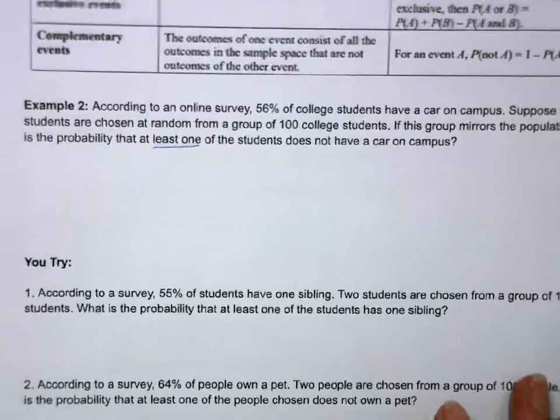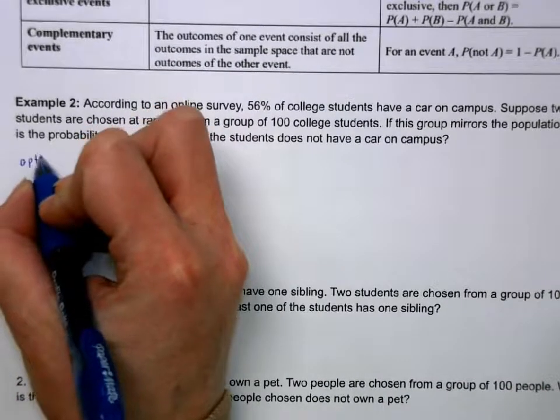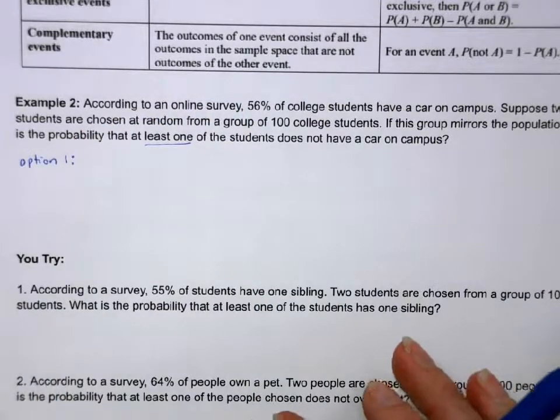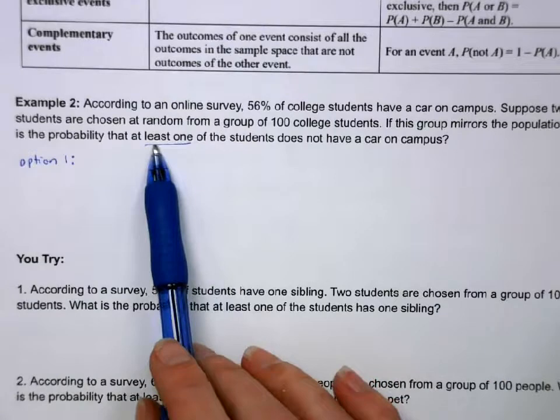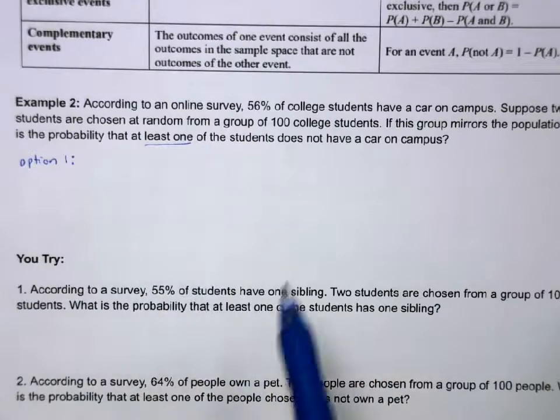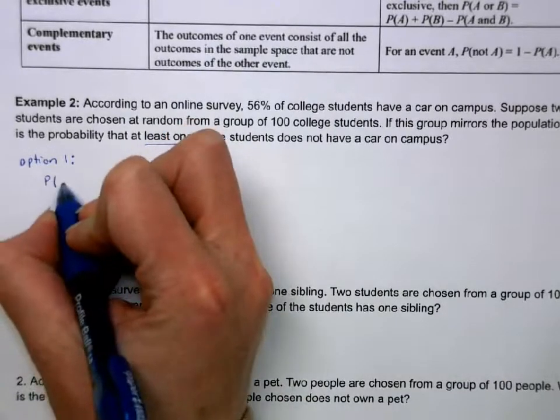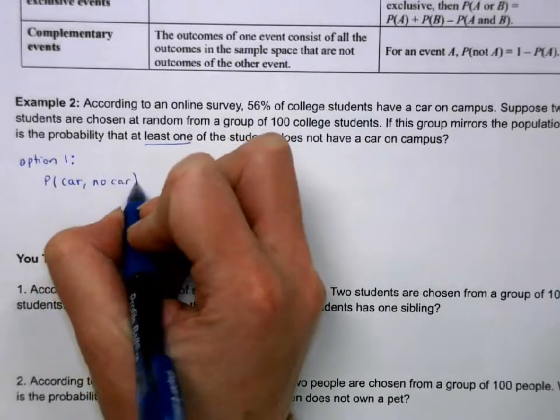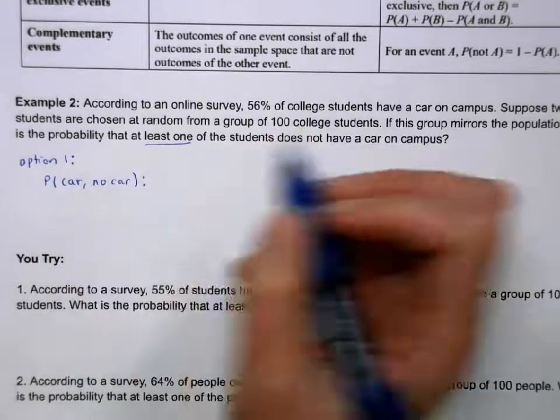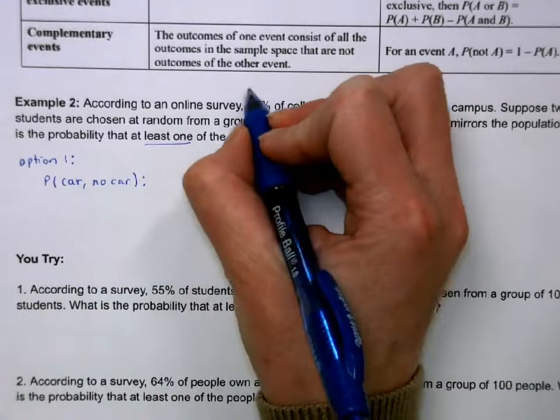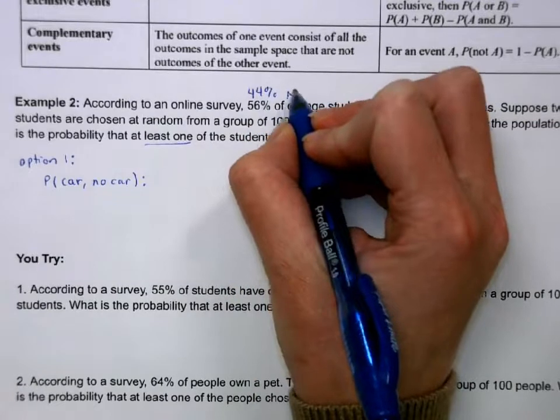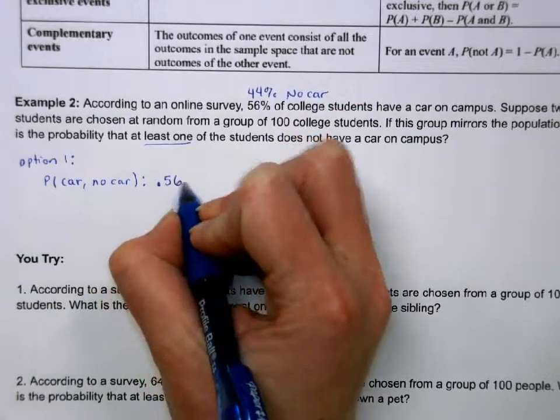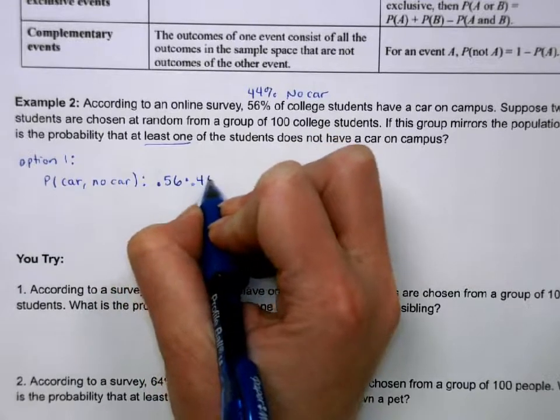My first way is to look at the 3 cases that at least one has a car on campus. So the probability that the first person has a car, the second does not have a car. We'll simply multiply those probabilities together. So if 56% have a car, 44% have no car. So I'd multiply has a car, 0.56, does not have a car, 0.44. That gives me